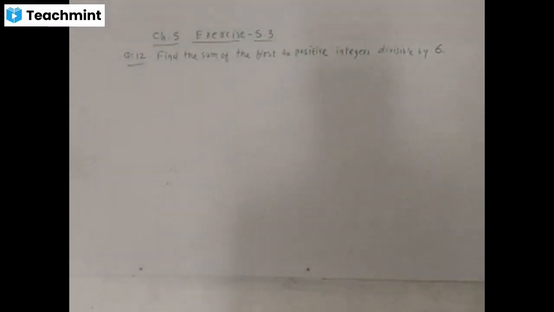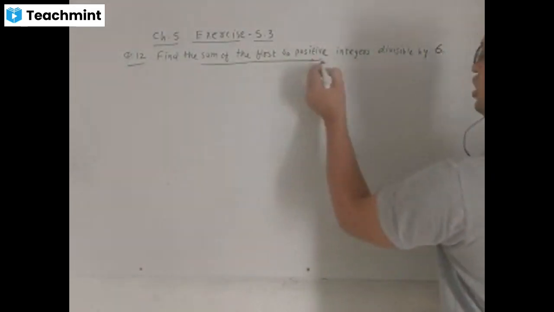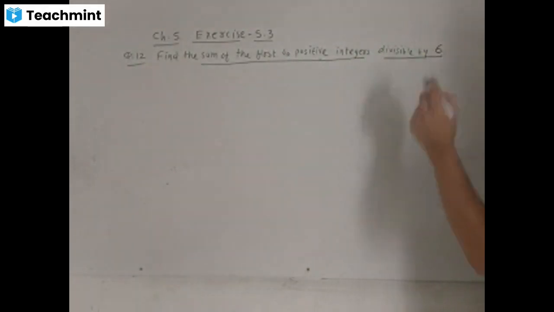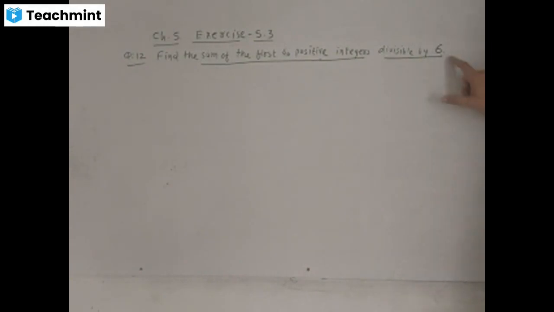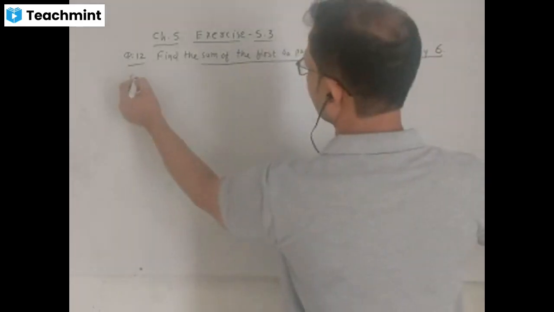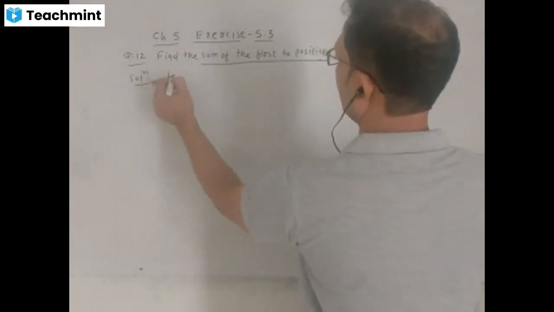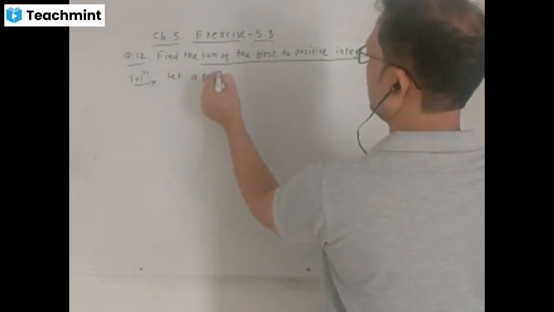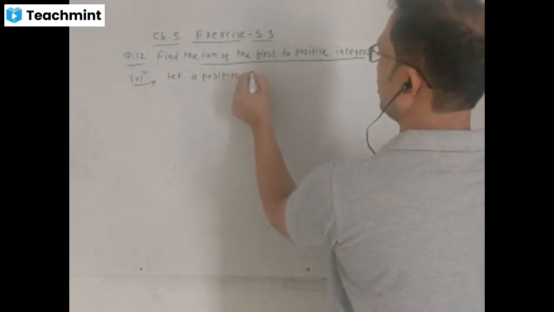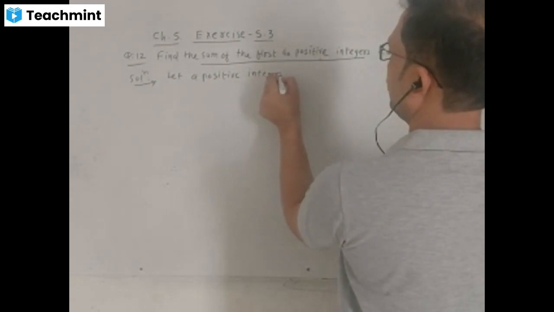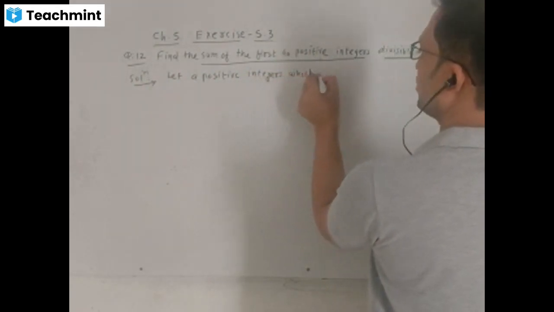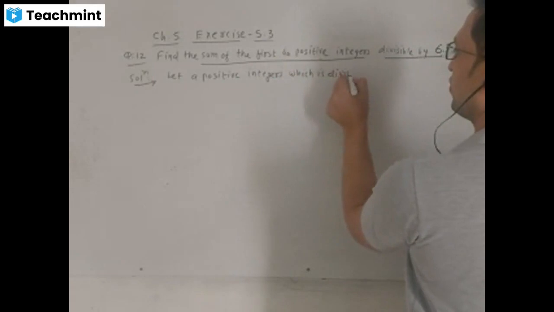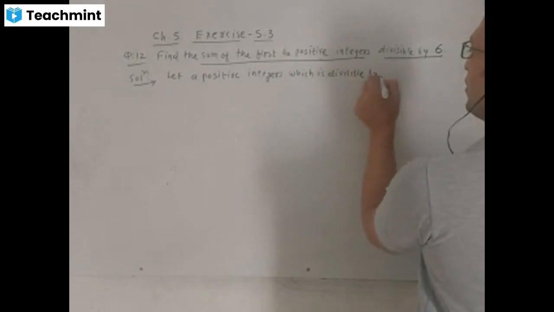Question number 12. Find the sum of first 40 positive integers divisible by 6. First we find the numbers divisible by 6. Which of the numbers is divisible by 6? A positive integer which is divisible by 6 is